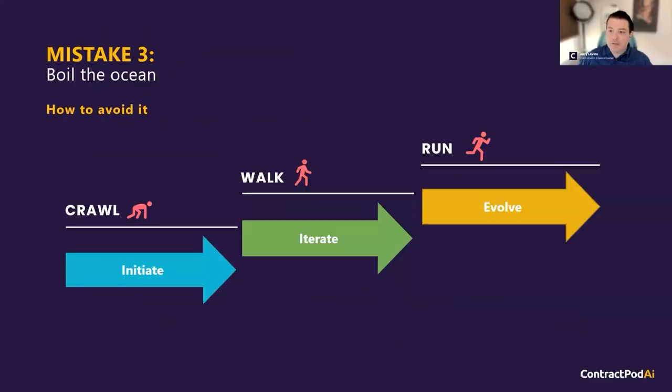Well, yes, let's talk about the third mistake. We hear a lot, and Simon just talked about it, is boiling the ocean, trying to do everything on day one. And so Simon mentioned phases. And part of this is knowing your target state and defining the way you get there. Can you talk a little bit about what you're looking at? We call this crawl, walk, run. You can see it if you are watching today. You do see crawl, walk, run on your screen, and that's really about initiating, iterating, and evolving as time goes on.